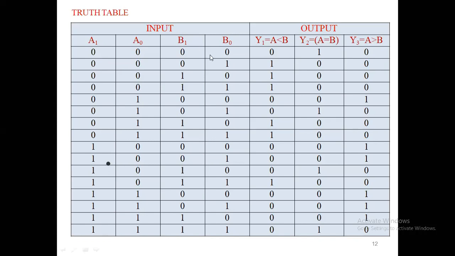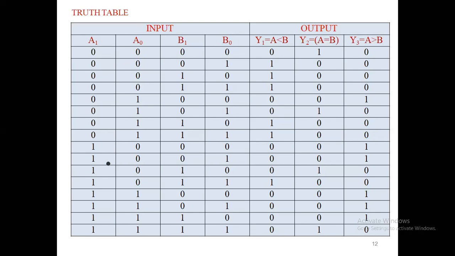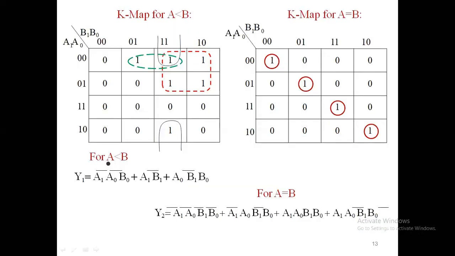True, that is, the value is nothing but 1. And 0 0 is nothing but 0, and 1 0 is nothing but 2. 0 is less than 2. Is the condition true or false? True. So we represent it as 1 only.